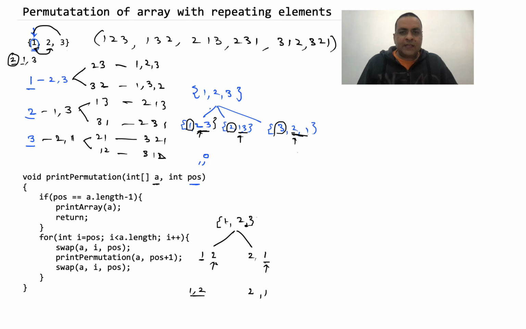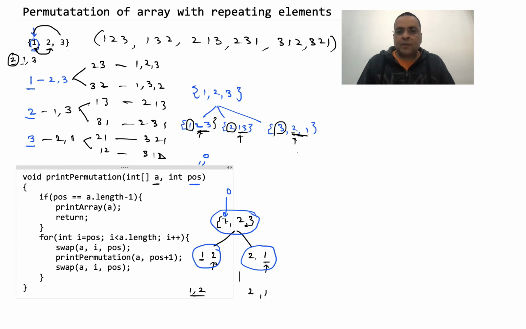So we have 3 instances of the function. In the first instance, position is at 0. In the second and third instances, which are called by the first instance, the position is at 1. Remember, whenever we call the function recursively, we call it with position equal to position plus 1. So the second and third instances are the tail of the recursion, and they will print the content of the array. The first one will print 1, 2, and the second one will print 2, 1. I hope this is clear. If this is not clear, please watch the video which is given in the description.